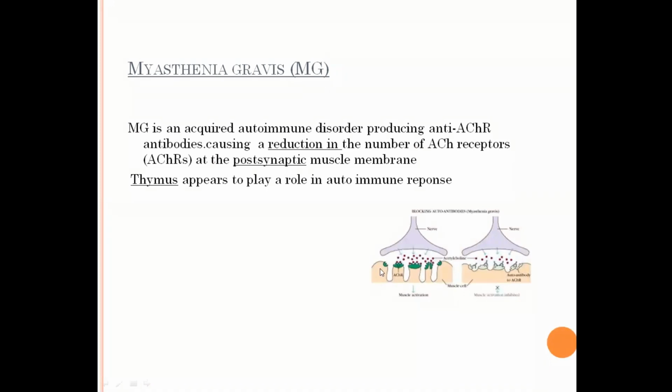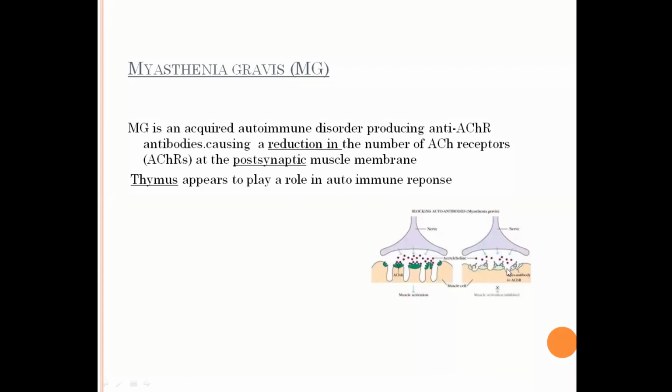Now, as I said, these are the acetylcholine receptors. These are the acetylcholine molecules which are exciting the muscle end plate. Now, in patients with myasthenia, the acetylcholine receptors are deficient or they are present but they are resistant to acetylcholine. It's something like insulin resistance. So insulin is there, but it is not acting on the end organ. Similarly, here also it is not acting on the end organ.